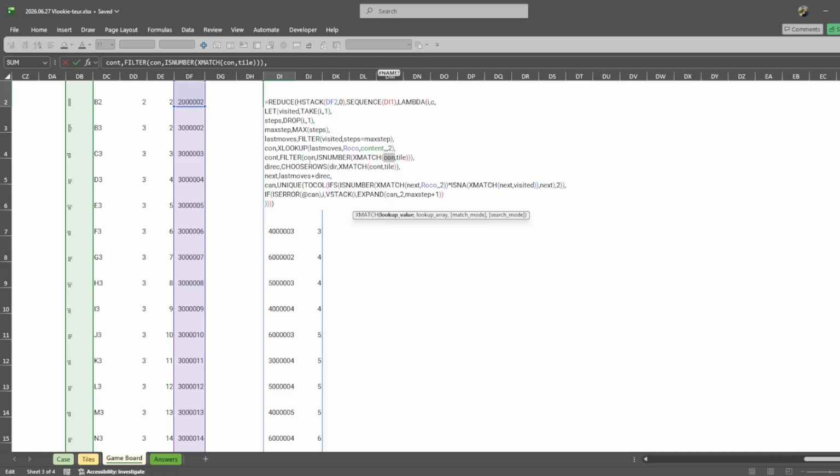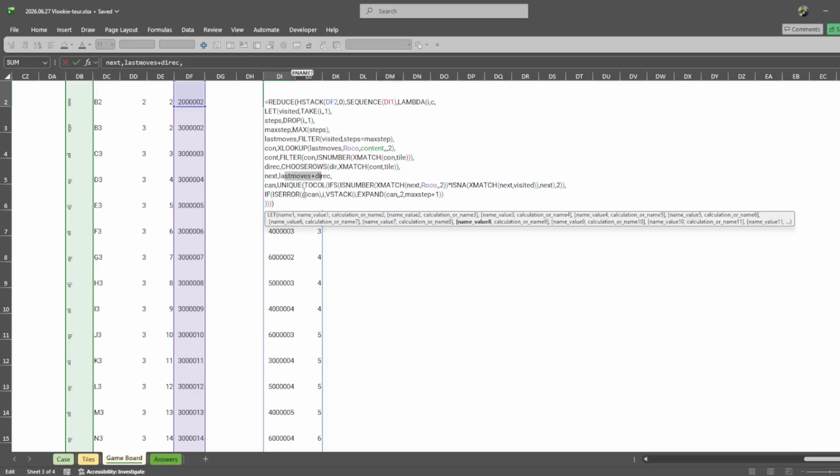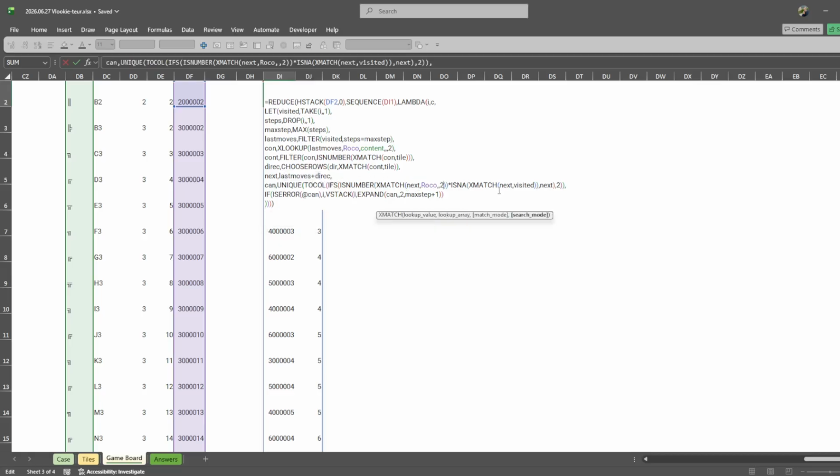Yeah, because I don't want the ones I can't reach. Direction is fine. Next is the addition. To call if the number is x match next. Yes. Next in visited. So I don't want it in visited, but I want it in ROCO. Yes. I want to unique that and I want to stack that. So I don't see the error,